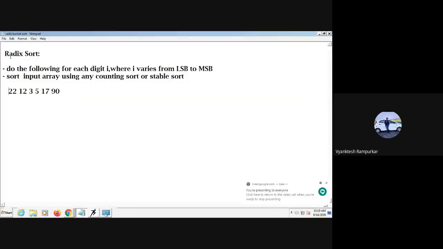Radix sort. What is the algorithm? This is the algorithm. Do the following for each digit i, where i varies from LSB, that is least significant bit, to MSB, that is most significant bit.